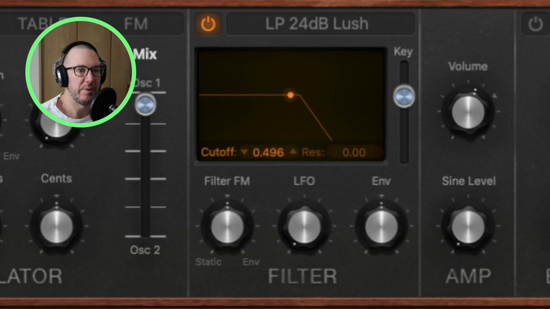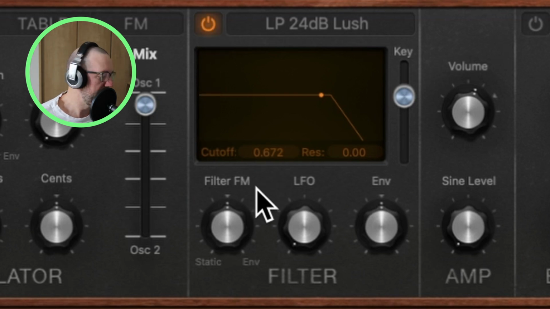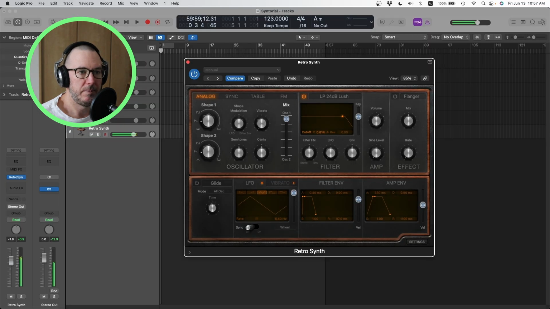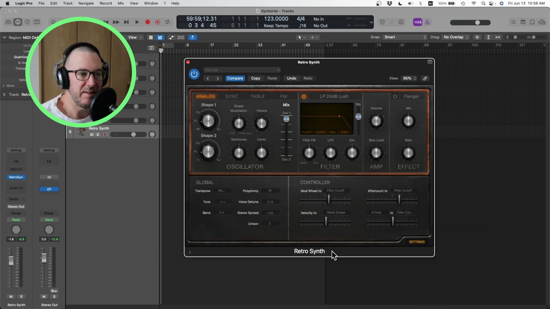But we can brighten it up a little bit. So I just used the filter to take the edge off. Without it, obviously, it's quite harsh. But I like it. If you want to get creative, you can come down to the settings here and adjust the